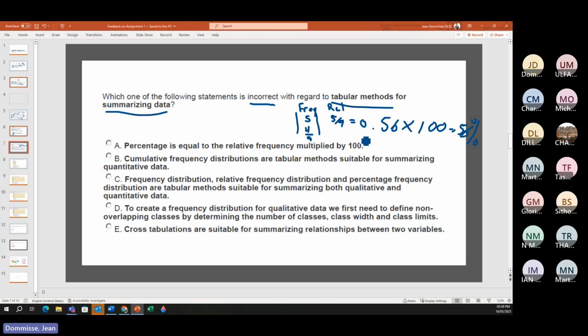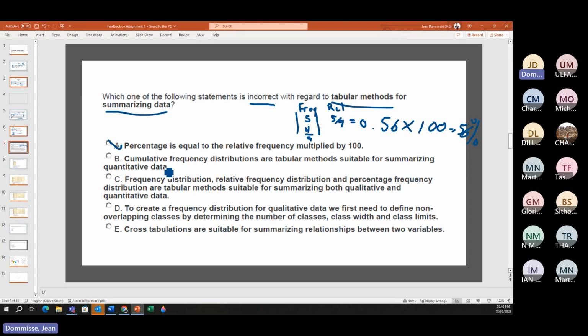When I read it, it looks wrong, but then if you ask what is frequency, what is relative frequency, if I multiply my relative frequency by 100, then it is actually a percentage that I get. So it is correct. I am unfortunately looking for the incorrect one. Okay, so next one that they ask us,